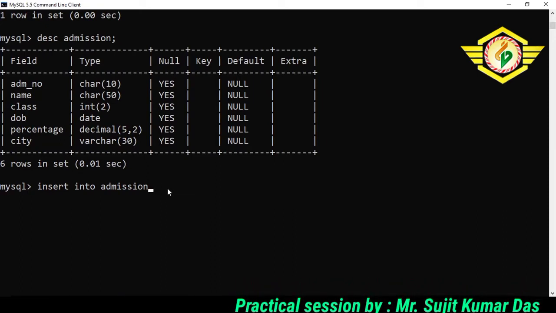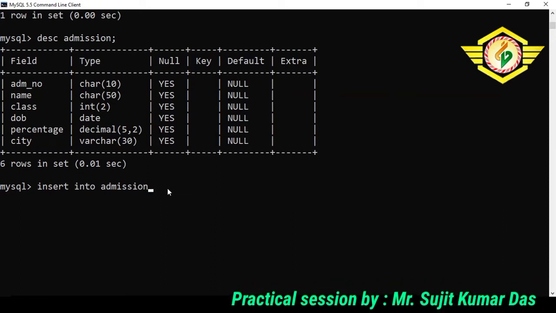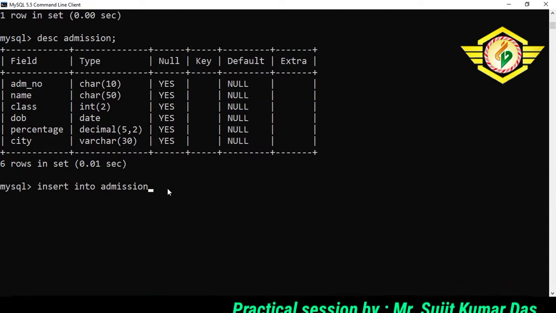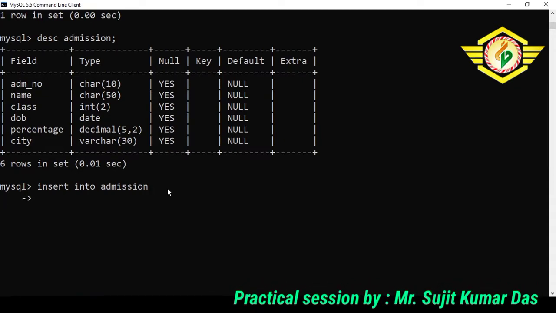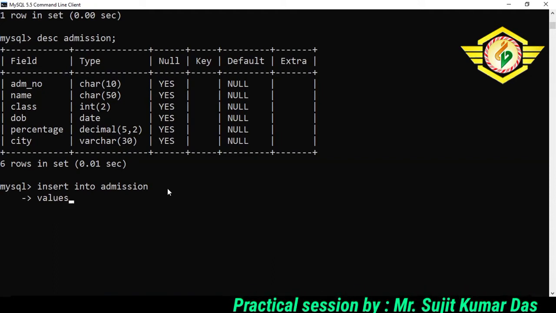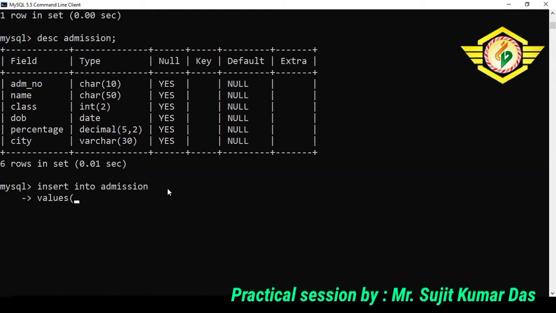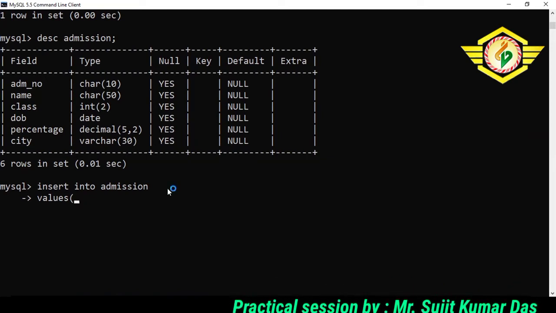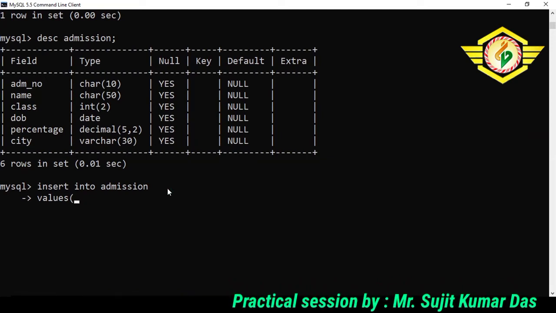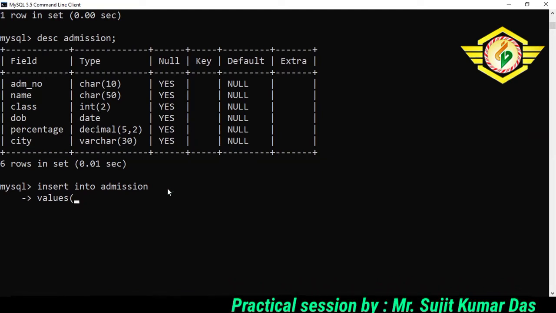So insert into admission. You will be entering the values for all the columns, then values. Now you should remember all the values except numeric data type should be enclosed inside single quotes.